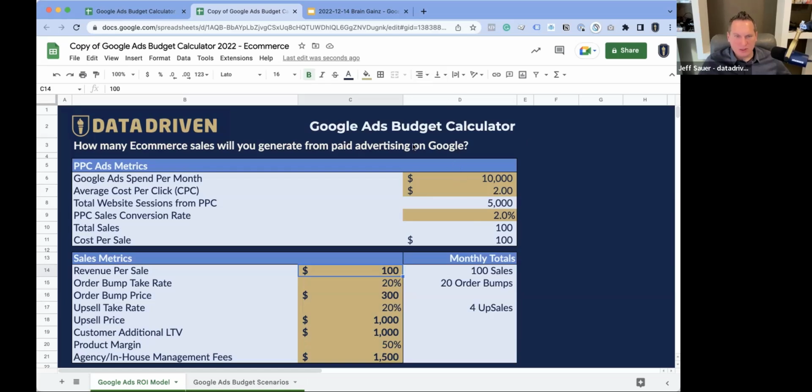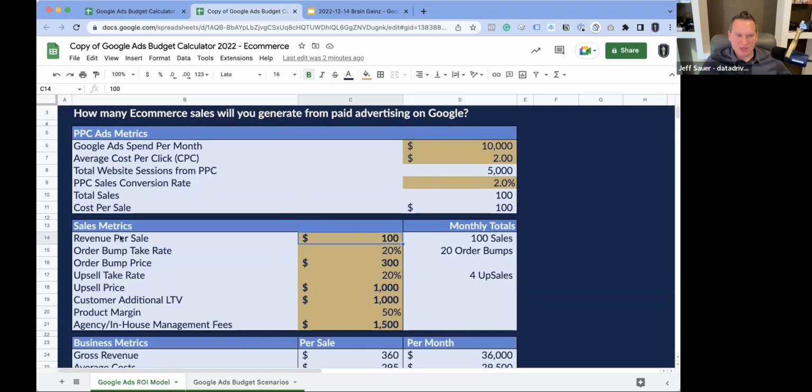Again, you can get the version that we've had for a long time that's for lead gen as well. Or if you wanted to take this one and make it about lead gen, all you need to do is adjust what we're saying here to match a little closer to what we had previously.